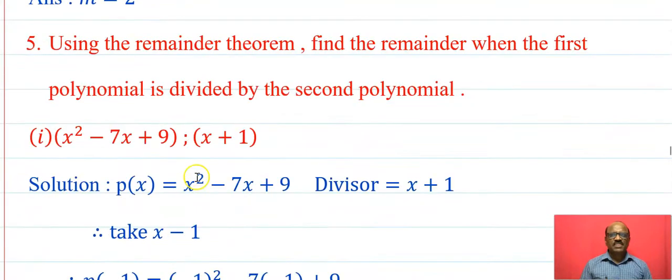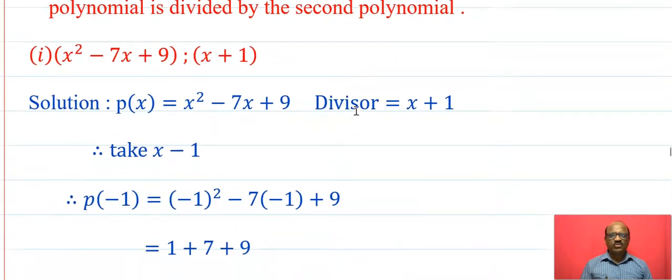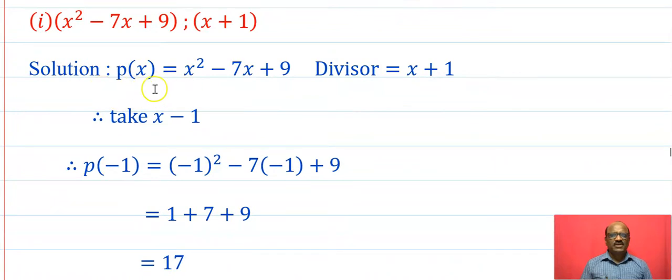It's very simple. Now the next problem is using the remainder theorem. Find the remainder when the first polynomial is divided by the second polynomial. Now see this here, p of x is equal to x square minus 7x plus 9, and the divisor is x plus 1. Therefore take x equal to minus